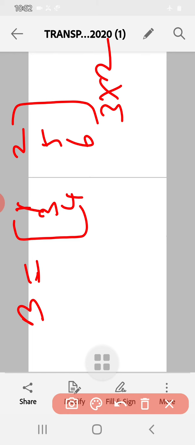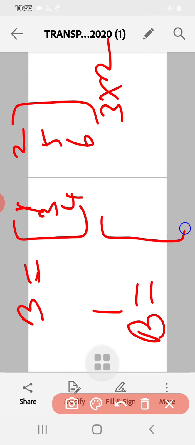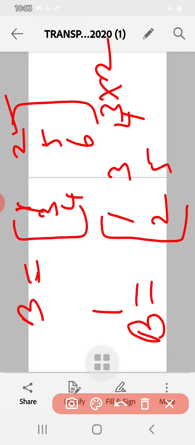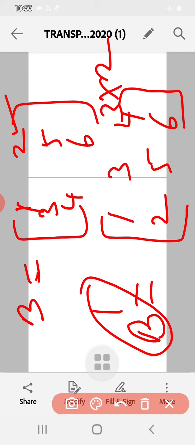Here this is 3 cross 2. So what is the transpose of the matrix B? 1 2 is the first row, you can write it as a column. Then 3 5, then 4 6. So B dash is the transpose of B, and its order is 2 cross 3. The order of the given matrix is 3 cross 2, and the order of the matrix after interchanging the rows and columns is 2 cross 3.